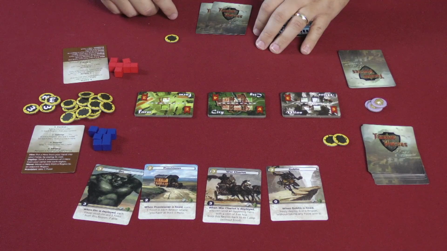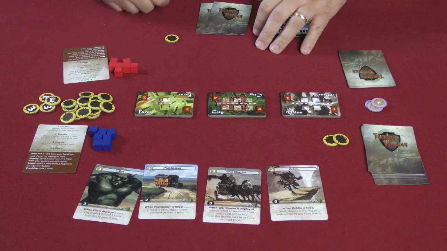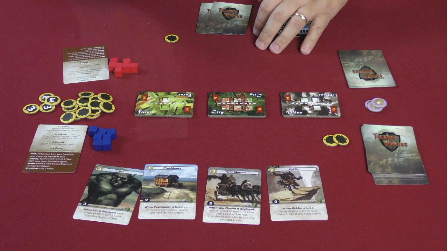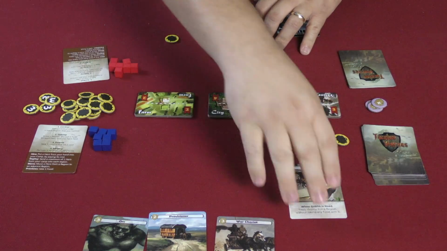And then they're going to be able to go into their military phase, and they have 3 actions that they can choose to do out of the 4 possibilities. So maybe he wants to hire. Deploy him, first of all, into the camp, and then we're going to...